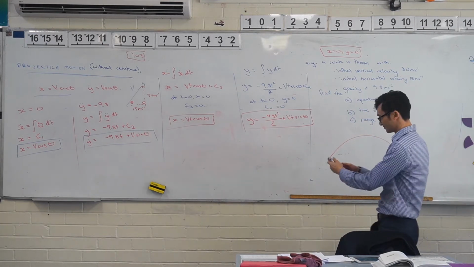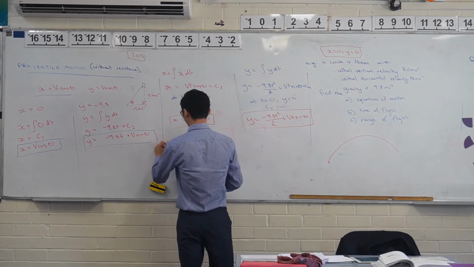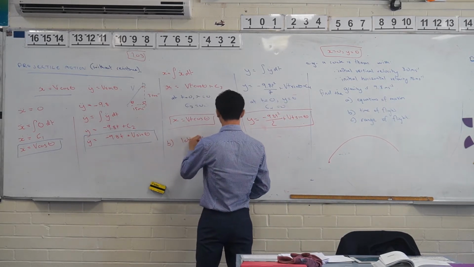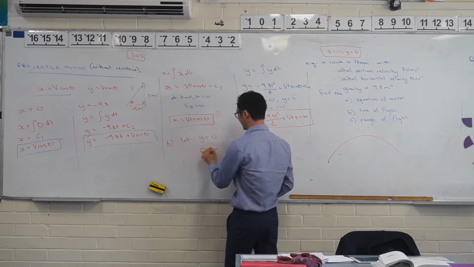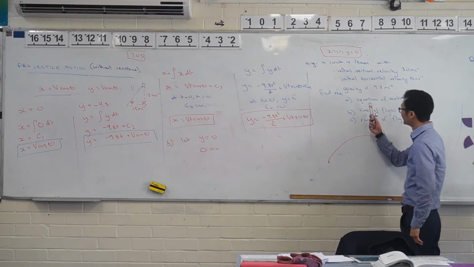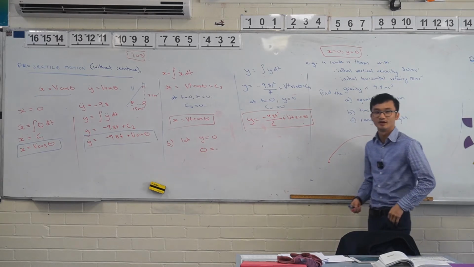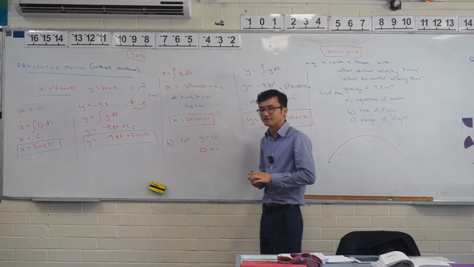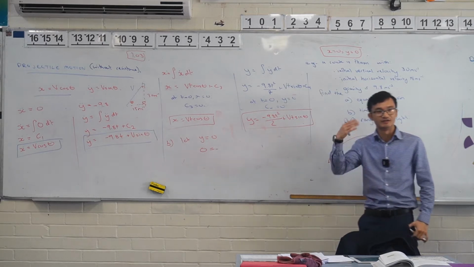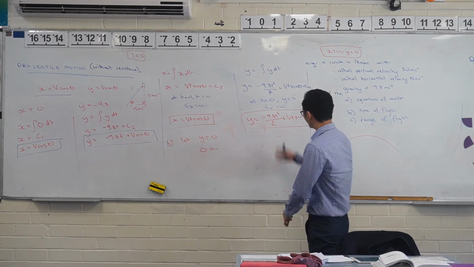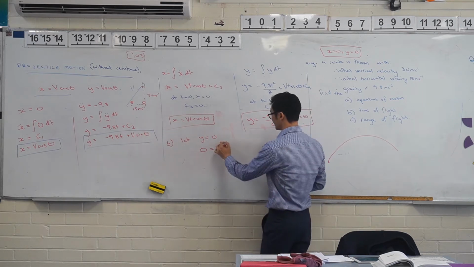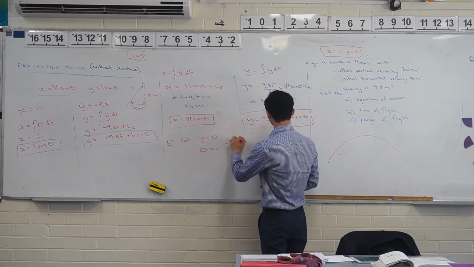Just let y equal 0. So let y equal to 0. So 0 equals to... and this is why I did that whole thing beforehand, right? Because I think the key thing is, yeah, you understand what these mean, but I want to emphasize that the knowledge of what they mean in reference to the equations is probably more important. So, letting y equal to 0 for the time of flight: negative 9.8 t squared on 2